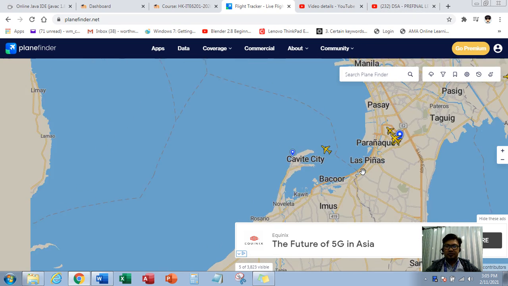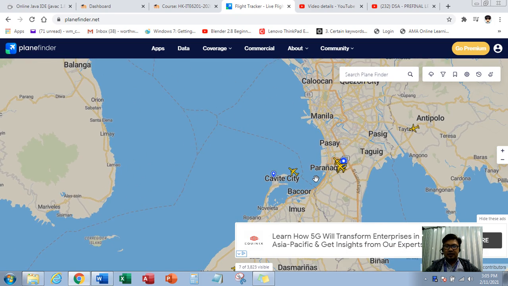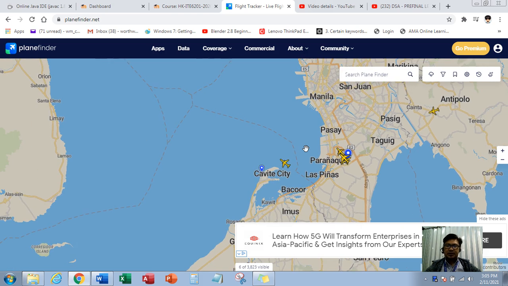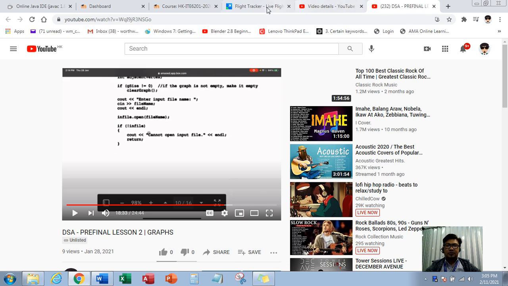Maganda rin panoorin to pag minsan, lalo na pag meron kang kamag-anak na umalis, currently nasa airplane niya. Okay? So dito na tayo sa